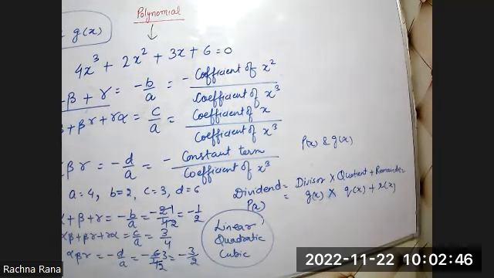These three things we have to discuss in this video. First, linear equation, linear polynomial. For example, this is a linear polynomial: 2x, 3x, y, z, etc. And quadratic polynomial, this is ax raised to power 2 plus